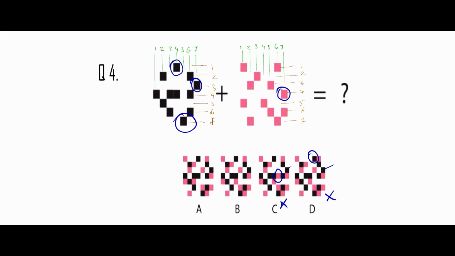Now we have to compare A and B, and if you observe very carefully, you can see a difference of pattern in the 5th row. If you compare with the question pattern, the position of the pink is different in A. So option A can be eliminated. In option B, the position is correct. The pink pattern is at the 1st and 4th position. So option B is the right answer.